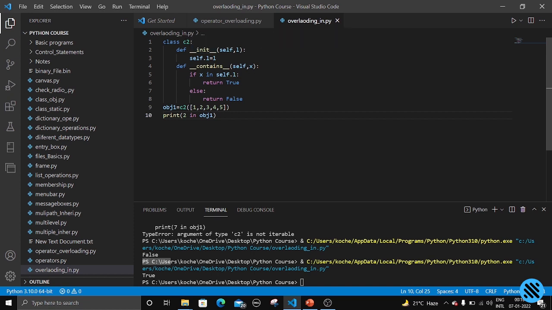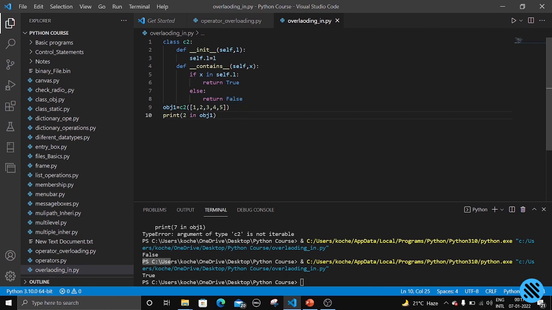Let me explain what is happening. Once we created a class, we created a constructor for it, and inside the constructor I have taken a parameter l. What is l here? A list. So I have instantiated self.l equal to l, and I have created the operator overloading function for the in operator. What is the name of that one? __contains__. And I have taken x. What is x here? The thing which you are checking for whether it is present inside the iterable object. It can be a list, a string, or a tuple. What I'm checking is if x in self.l, then we should return True,